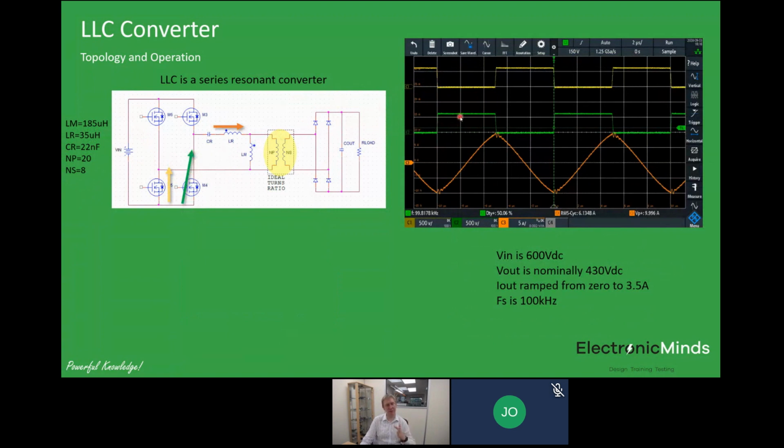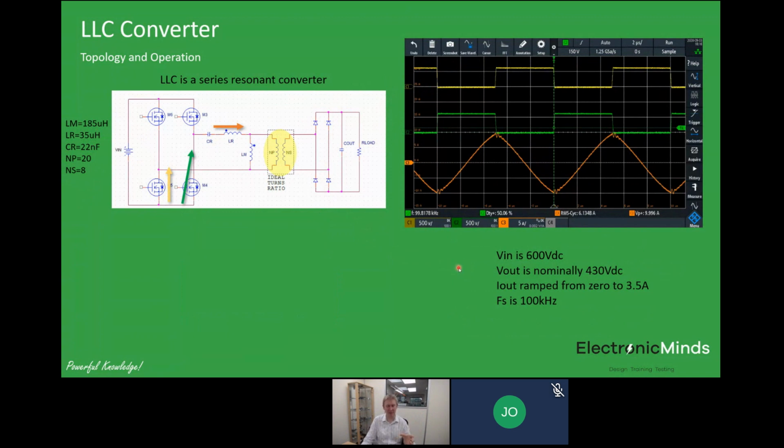Again, 0 to 600 volts, but the green and the yellow legs are run exactly out of phase at 50% duty cycle. So that sets up a square wave on the input to our transformer, or the resonant tank network, of plus and minus 600 volts at a 50% duty cycle at whatever switching frequency we're commanding these things to run at. The plot I'm showing you here, or the video in a moment, I'm going to vary